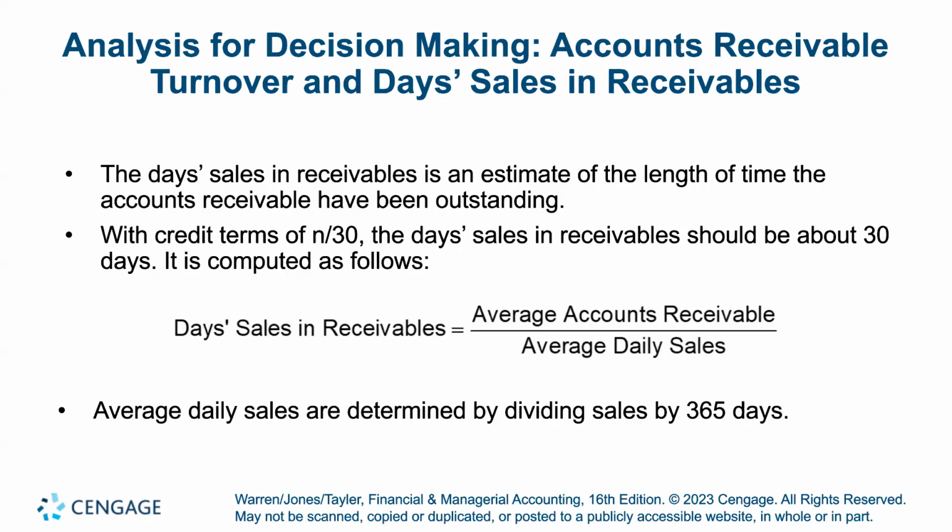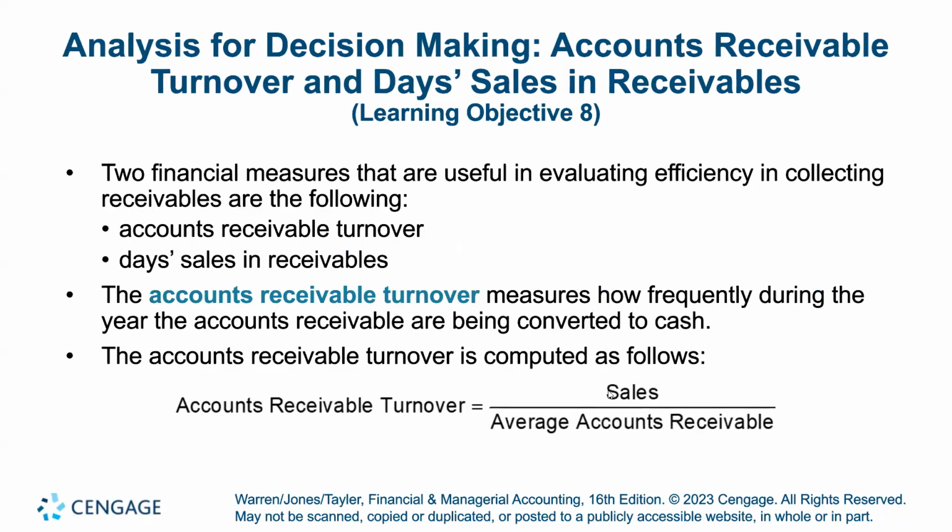So these are our two, and what they measure, so accounts receivable turnover in essence says, how many times do we make sales equal to our average accounts receivable? So if our sales for a year were equal to our average accounts receivable, then our accounts receivable turnover would be 1. If we did 3 times as much in sales as the amount that's owed to us on average, then it would be 3. Does that make sense? So what we're saying is, what is the relationship between our sales and the average amount of customer debt we're carrying? Okay.